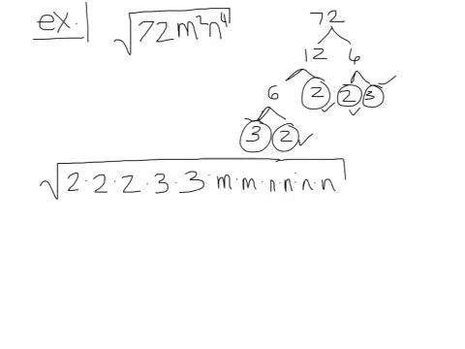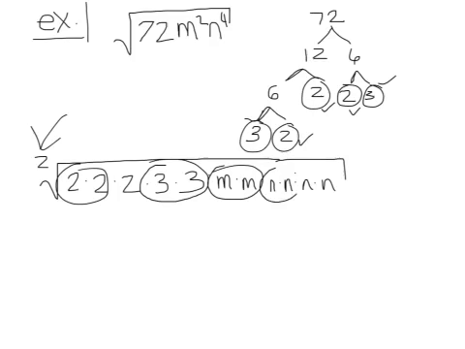I'm going to pair these off. So since, again, we have a hidden 2 here, I'm going to pull out a 2 from here. I'm going to pull out a 3 from here, because 3 times 3 is 9, square root of 9 is 3. Here we have 2 m's. Here we have 2 n's, and here we have another 2 n's. So we're going to start pulling these out. And I'm going to cross out as I go so you can see. 2 times 2 is 4,